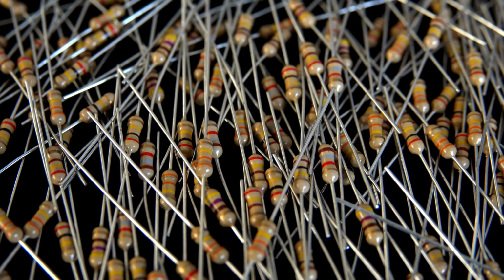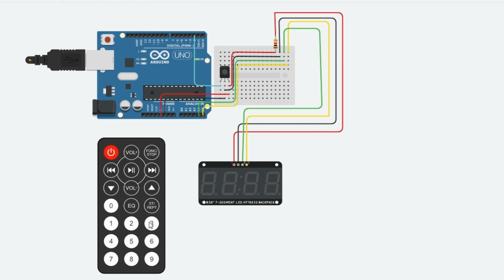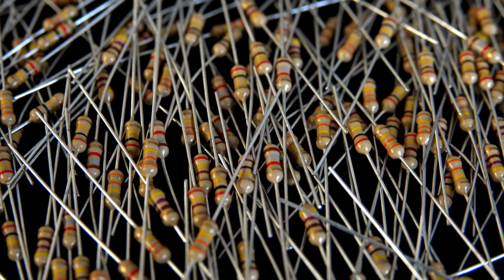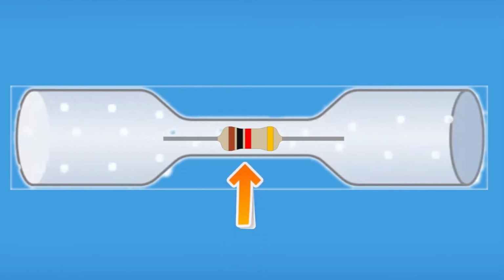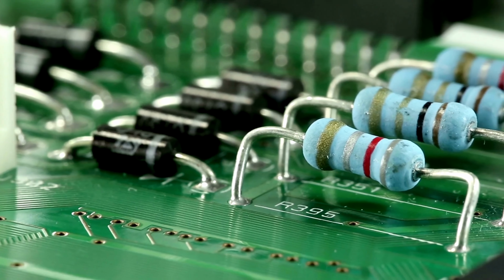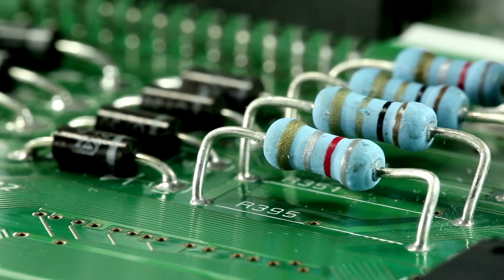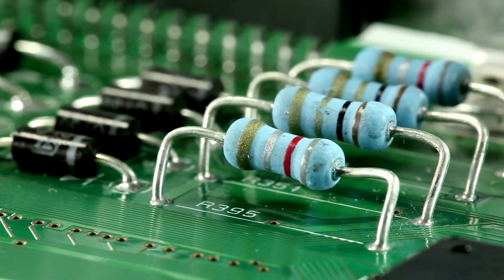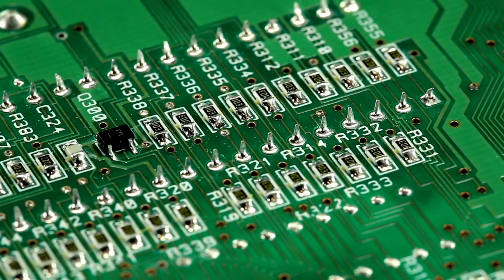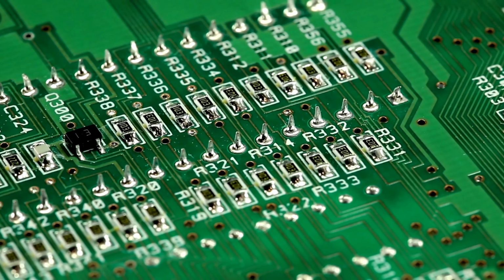A resistor is an electrical component used to limit or control the flow of electric current in a circuit. It works by providing a specific amount of resistance to the flow of electrons, which results in a reduction of current passing through it. This resistance is measured in ohms. Resistors are fundamental components in electronics and are used for various purposes, such as voltage division, current limiting, and signal